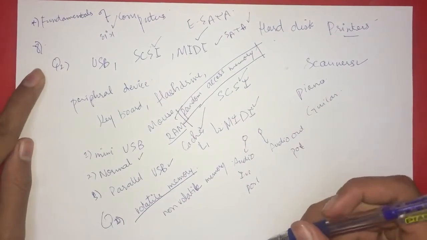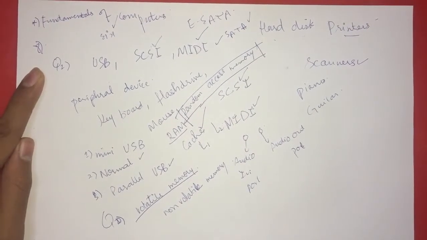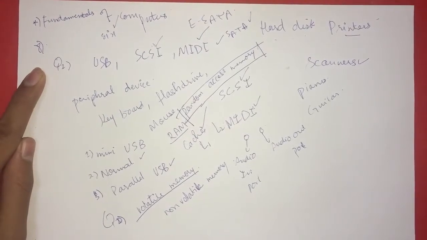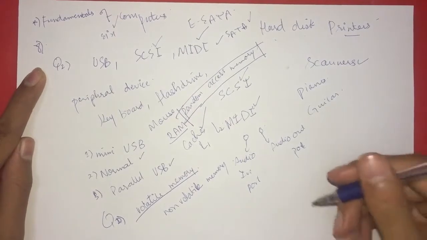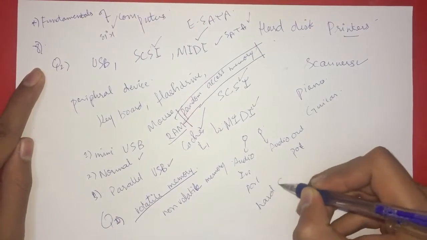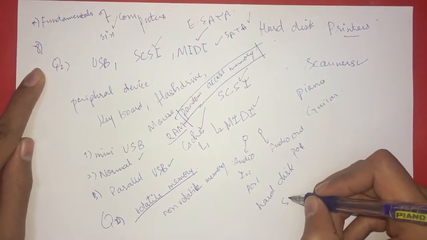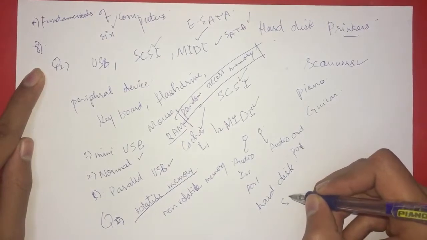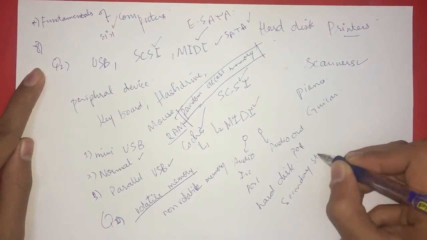Then you have non-volatile memory. Non-volatile means anything that is not temporary. So even when you shut off the computer, even when you turn the computer off, the memory is still present in the hard disk of the computer for future use. So non-volatile memory includes your hard disk, secondary storage devices, and